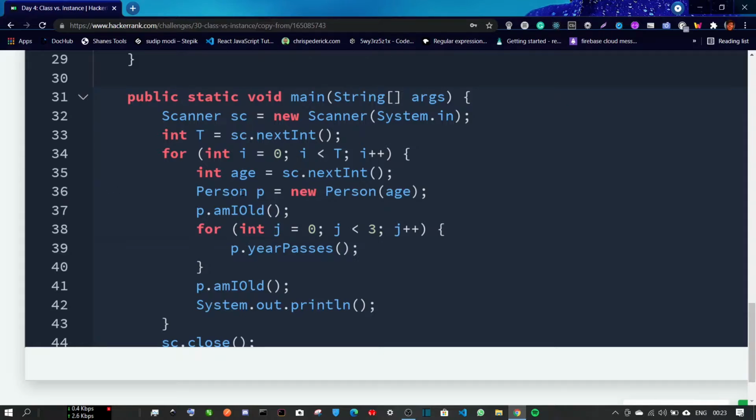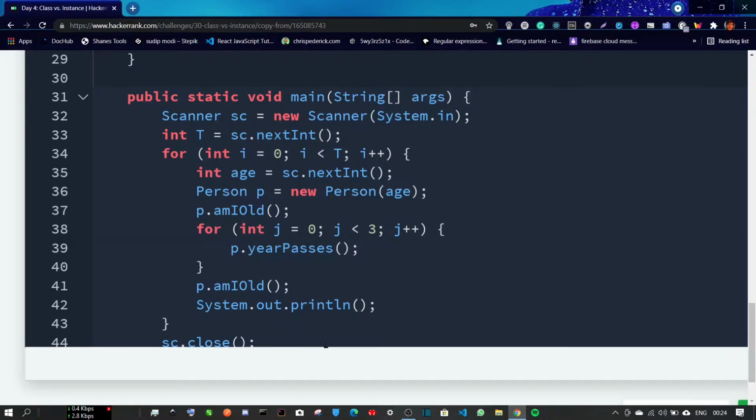You can see Person p is equal to new Person(age). So this Person keyword is a constructor, and this age is that parameter, and this p is an instance. So this was a class constructor, so we created the instance of this class, right? So this p is an object or an instance of that class which calls these 3 functions.